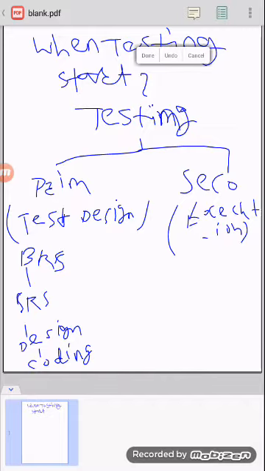Different types are there. I'll discuss them later after some videos. See guys, SRS goes to the development team and testing team on the same day, and after SRS, the development team starts with the coding and the testing team starts with the test case design. Okay, got it? So I'll explain the fish diagram. Let's go on to the fish diagram. I'll explain in detail. Fish diagram is nothing but STLC, this testing representation.